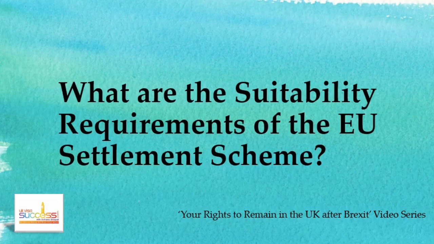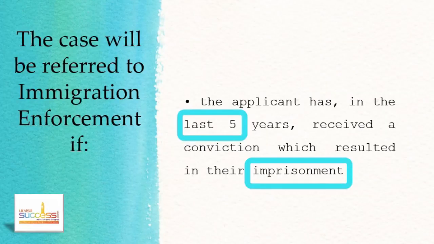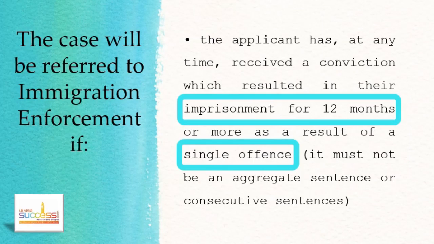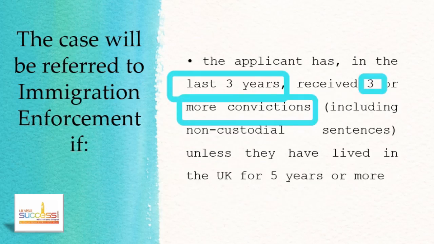This process is also known as an initial assessment of suitability, where as a result of the checks, records indicate that, for example, the applicant has in the last 5 years received a conviction which resulted in imprisonment, or where at any time they received a conviction which resulted in imprisonment for 12 months or more as a result of a single offense, or where the applicant has in the last 3 years received 3 or more convictions, either custodial or non-custodial, unless they've lived in the UK for more than 5 years,